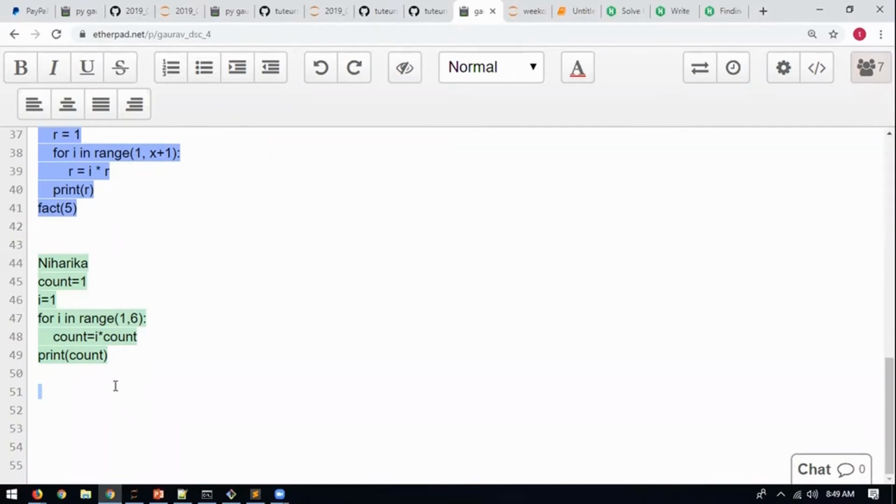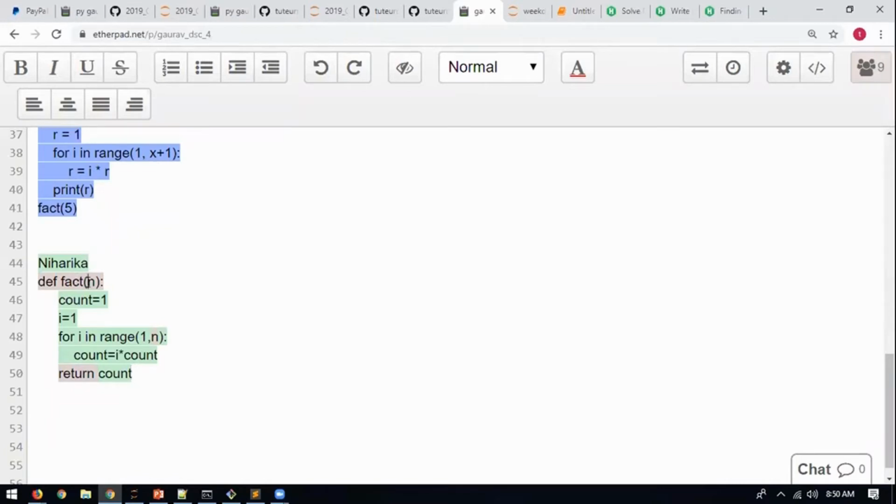I'm trying, but I'm not getting it to work with the help of a function. Okay, what you have to do is move this code a little to the right, and then write def fact as I had told, and instead of writing range 1,6, we will put an int there, and that's it. And the last thing is the function should not print it, so the function should return it. Return, like this. Count. Done.